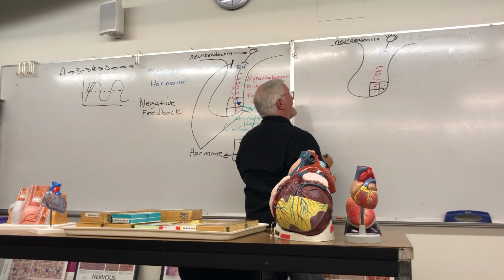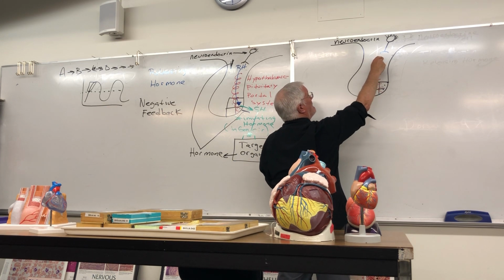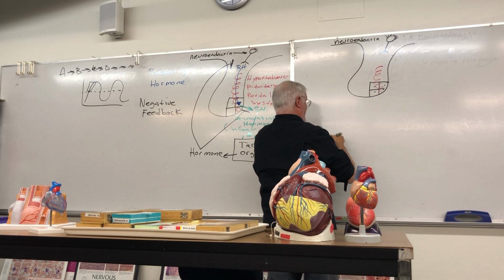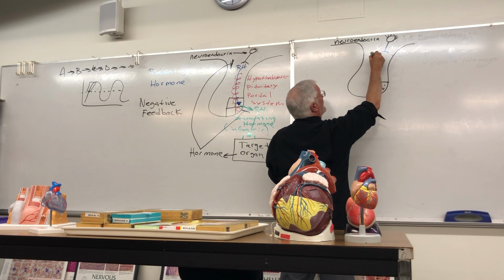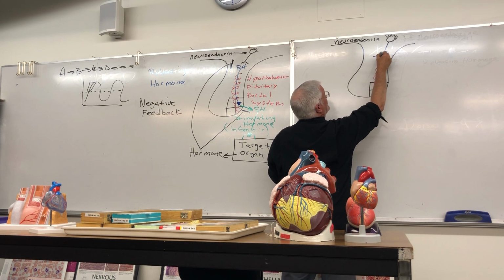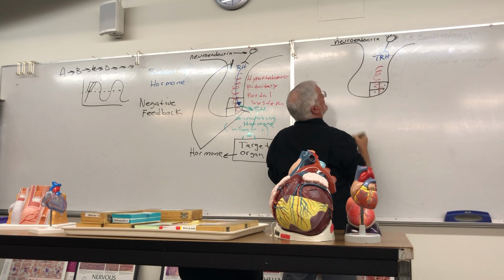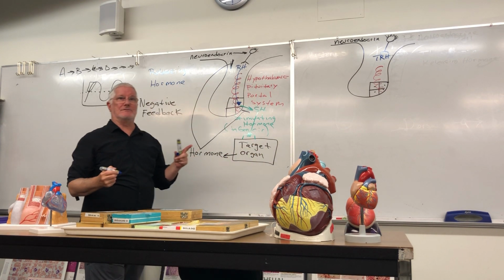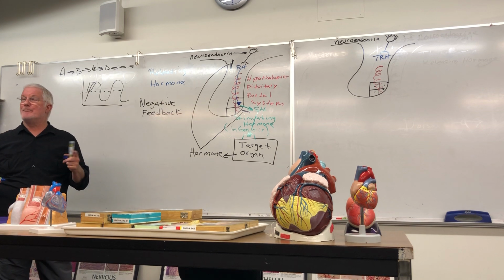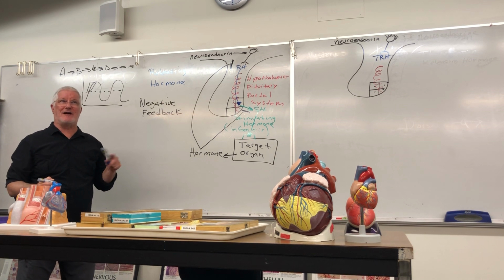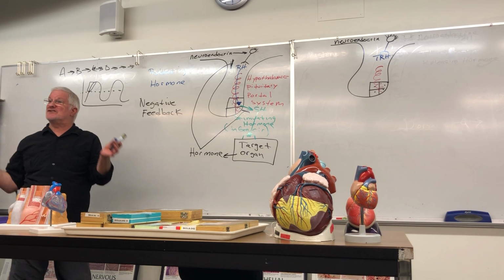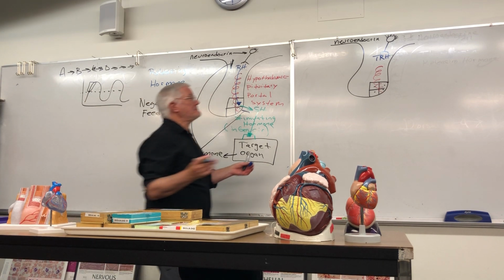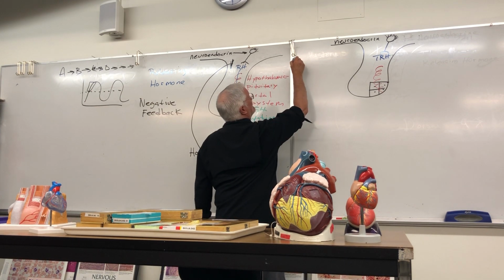I'm going to show my releasing hormone coming from my neuroendocrine cell. We're actually going to name it now. We're going to call it TRH. Now, on the exam, you're more than welcome to abbreviate. You're going to use the word TRH. But also know what it stands for, because later on I may say, what does TRH stand for? Right? And that is going to be,